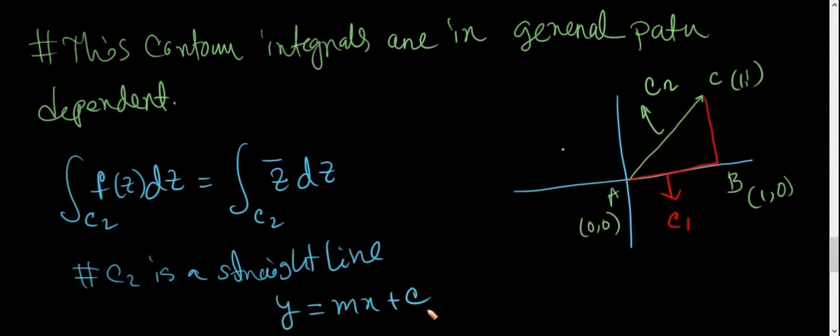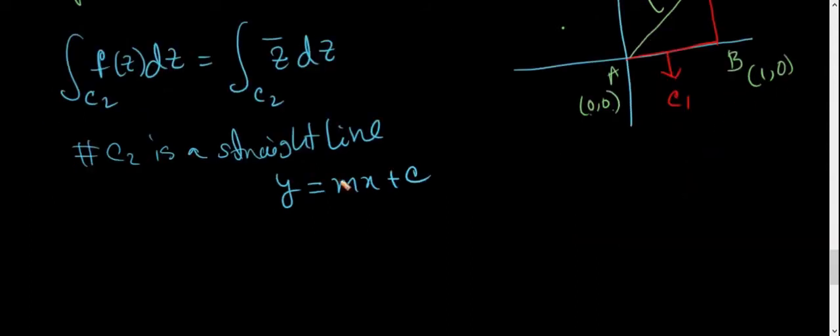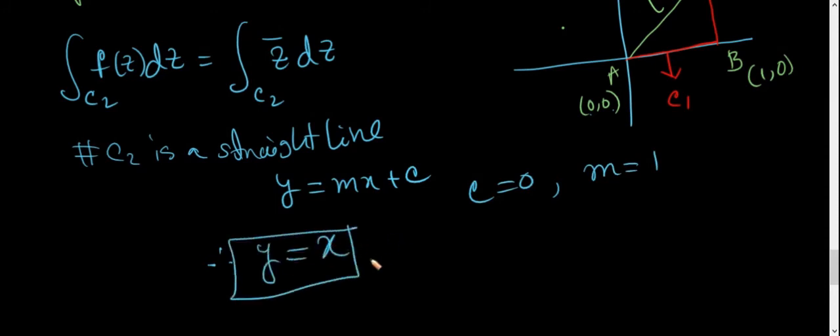Now this c is the constant that can be determined from these points 0 0 and 1 1, and this m is just the slope, and from these 2 points you can see that c is 0 and m equals 1. So the parameterization, that is the dependence of y and x with each other, is denoted by y equals x, right? And from this relation you can easily deduce that dy equals dx,